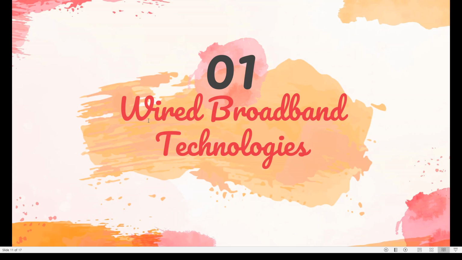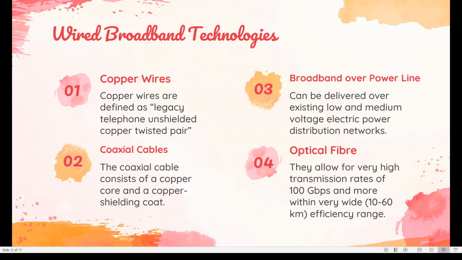So wired broadband technologies include copper cables, which was DSL that I have mentioned earlier, coaxial cables, BPL, and optical fiber cables. So first of all, we have copper wires. Copper wires are defined as legacy telephone unshielded copper twisted pair. They have provided broadband connections using the XDSL technologies that we have mentioned earlier, and they have multiple